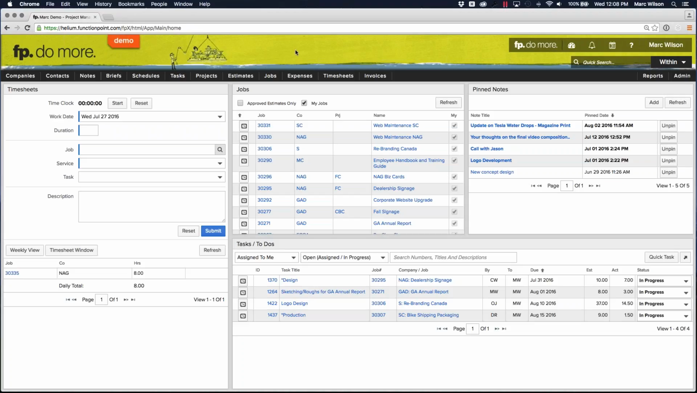Okay, so what we're looking at right now is the default dashboard of the system. So it's the first screen that you're going to see when you log in. This is the default dashboard for every new user, and what we're seeing is our timesheets, our jobs, our message board or pin notes, and our tasks and to-dos. Now this default dashboard is really meant for individuals to be able to quickly track time against the jobs that they're working on and the tasks that are assigned to them without having to jump around a bunch of different screens in the system. And we're going to take a look at this and some of the options around this,